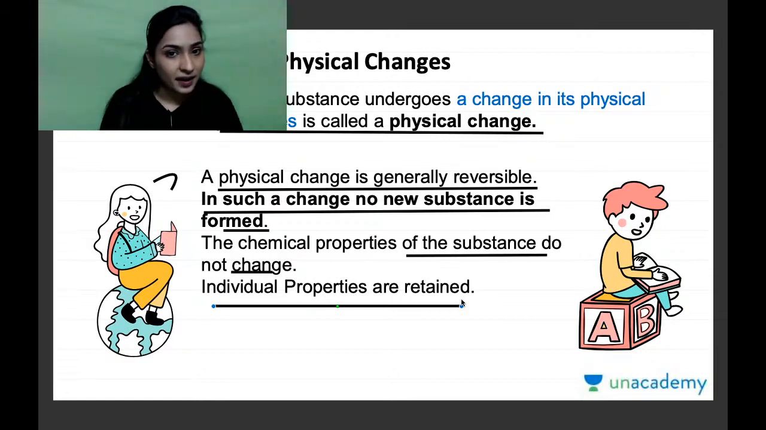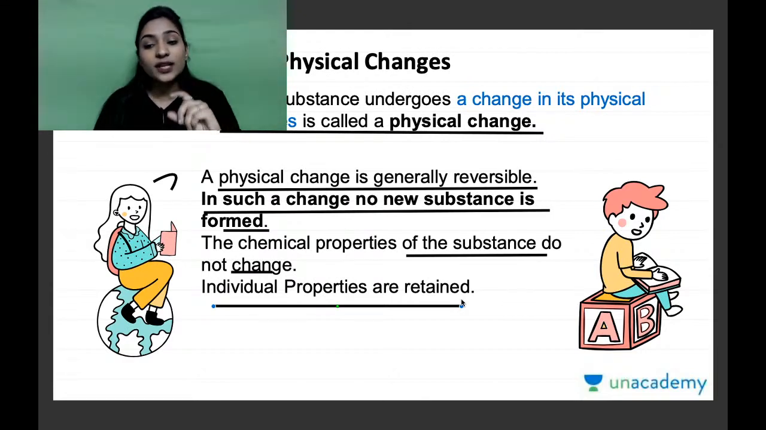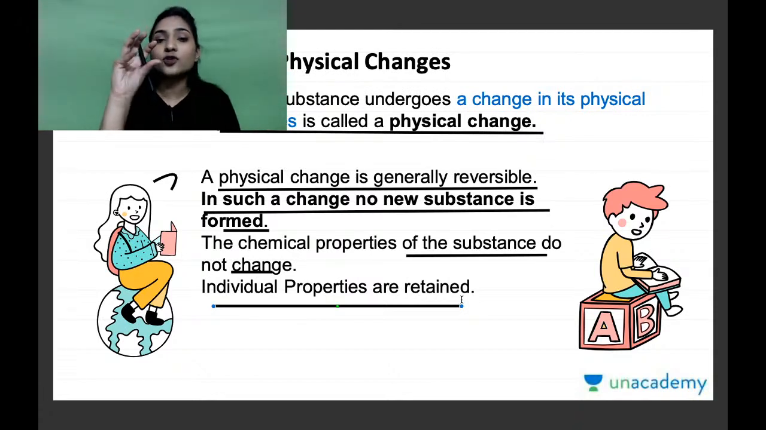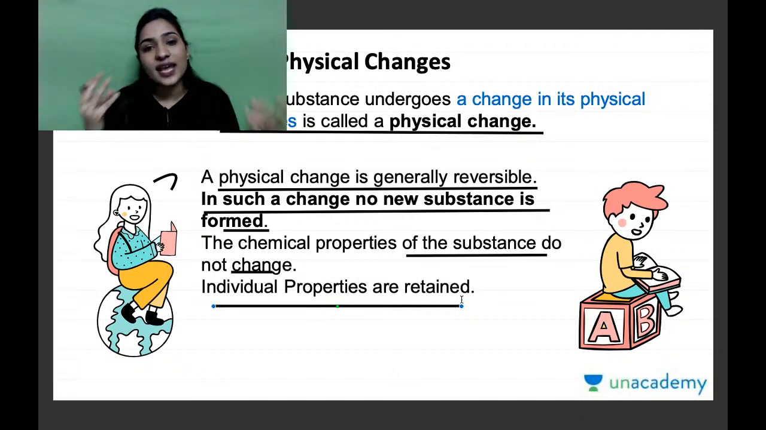Individual properties are retained. ऑब्वियसली जब अंदर का कुछ चेंज नहीं हुआ तो वह वैसा ही रहेगा। For example, when we dice the onion into small pieces, did it change? Did the taste change? No. अनियन आज भी जैसा टेस्ट करेगा बड़ा में, छोटे में भी वो वैसा ही टेस्ट करेगा। तो आप उसको कच्चा अगर वैसे भी खाते हो या उसको स्मॉल डाइस करके खाते हो तो सेम टेस्ट आएगी। So we can say that individual properties are retained. रिटेन्ड मतलब रह जाता है, उसका इंडिविजुअल प्रॉपर्टी चेंज नहीं होता है।